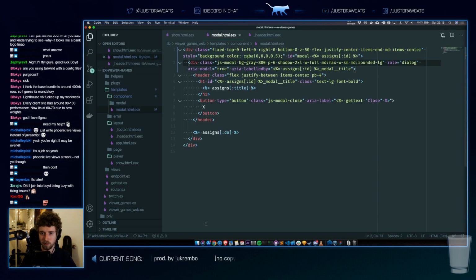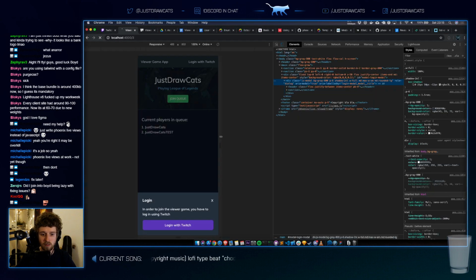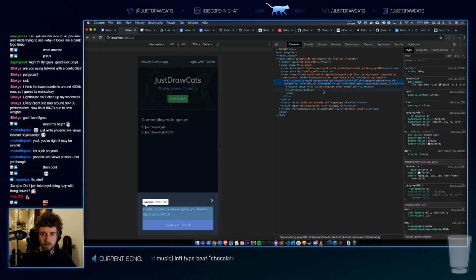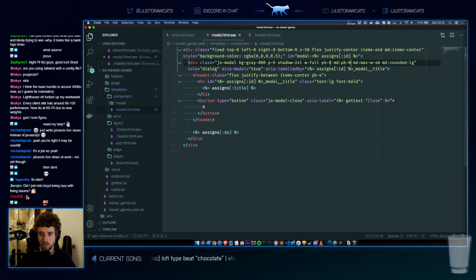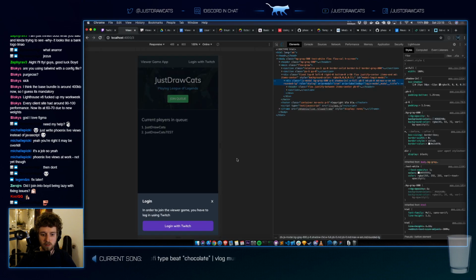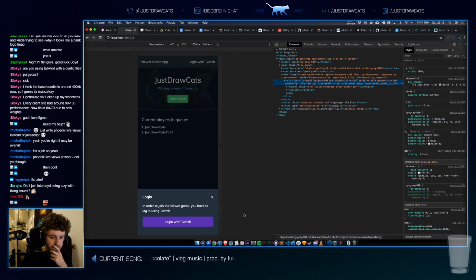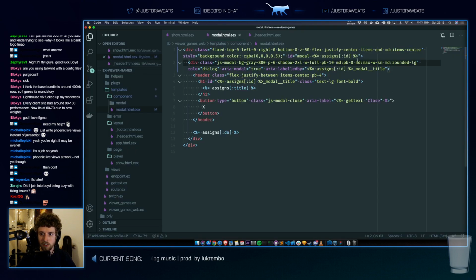we might want to add some more padding at the bottom. P bottom 6 and then MD P bottom 0. Okay, I think 6 is not a value. 10. I still want it to be rounded at the top though.